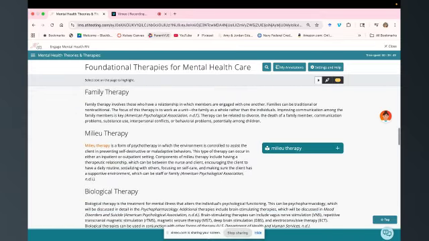Okay, so now we're going to go over milieu therapy. So what is milieu therapy? When we talk about milieu therapy, it's a form of psychotherapy in which the environment is controlled to assist the client in preventing self-destructive or maladaptive behaviors. Essentially, it's a therapeutic approach that uses the client's environment as part of